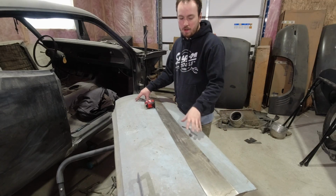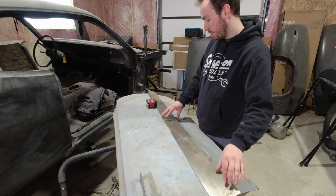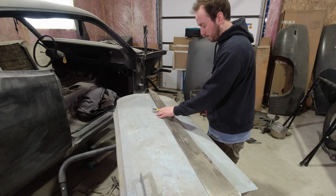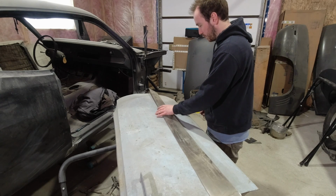All right, let's get at her and see what we can get done for the end of the week. Let's go. All right, so we're going to put the door bottom on for the '71 Demon. I've already cut a strip of 20 gauge sheet metal at 4 inches-ish,